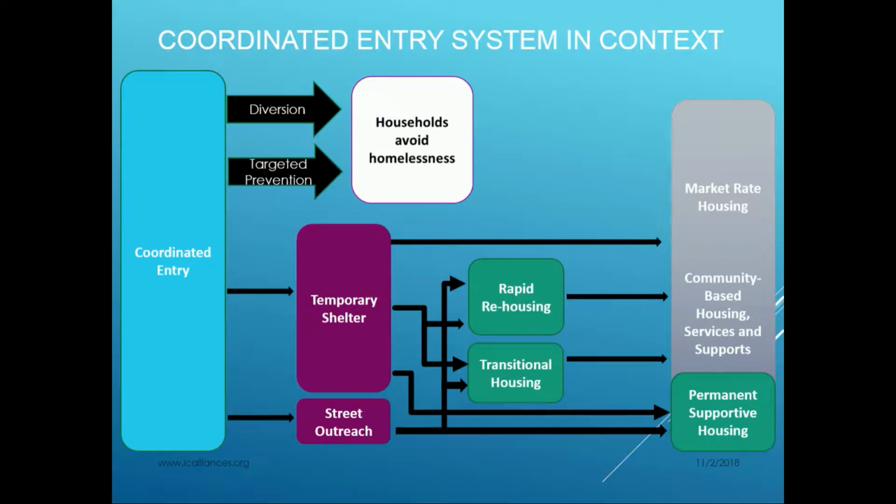So in this model, the coordinated entry is not just the access point, but is also a process with an intentional flow from initial triage through the various services and housing projects until the household is permanently housed. So this really helps show how the various parts of the system can and should work together to serve households, and it also shows the different ways in which a household can move through the homeless services system successfully. It also shows that the focus is on quickly housing people and rehousing,